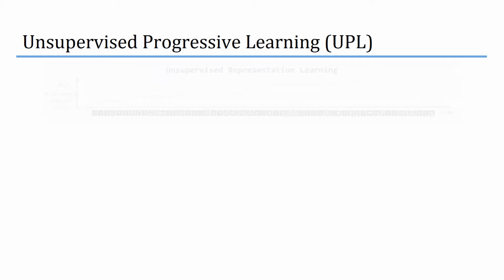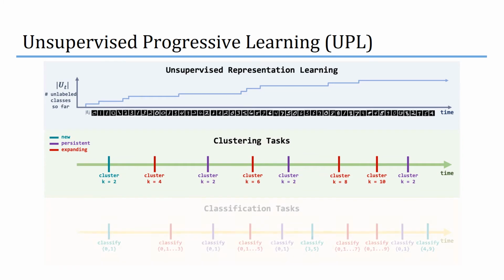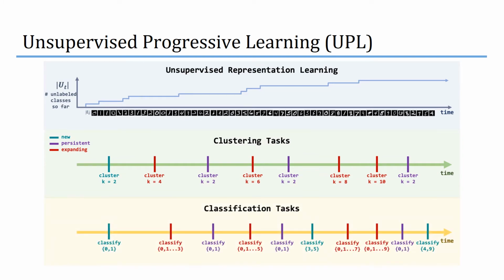In UPL, we learn from a data stream in which the input distribution changes over time. As seen in the picture, an agent is gradually introduced to new types of objects in the data stream. The goal is to learn useful representations for some downstream task. We evaluate these representations periodically with unsupervised clustering tasks and supervised classification tasks using limited labeled data. As seen, we may evaluate over tasks consisting of recent object classes or global tasks consisting of data seen from the start of the data stream.